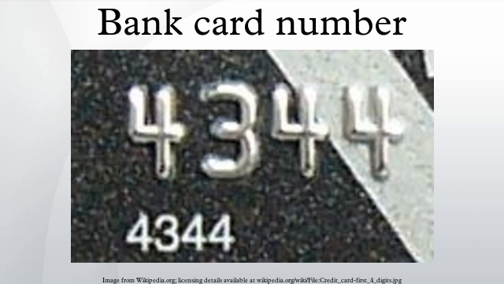MII digits represent the following issuer categories: 0, ISO TC 68 and other future industry assignments; 1, Airlines; 2, Airlines and other future industry assignments; 3, Travel and Entertainment and Banking Financial; 4, Banking and Financial; 5, Banking and Financial; 6, Merchandising and Banking Financial; 7, Petroleum and other future industry assignments; 8, Healthcare, Telecommunications and other future industry assignments;